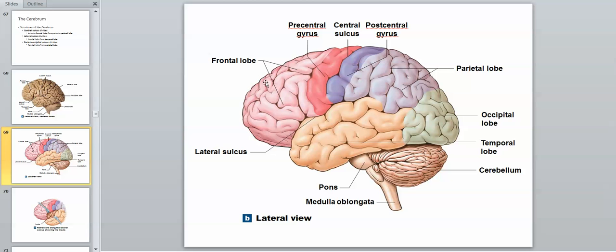So here's our frontal lobe. This is important for planning a lot of things. A lot of this stuff here is motor planning, and this is going to help plan what motor programs we want to execute. So the final execution pathway for skeletal muscle control will be from here, but all the plans